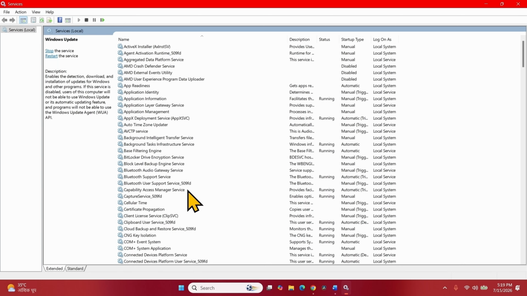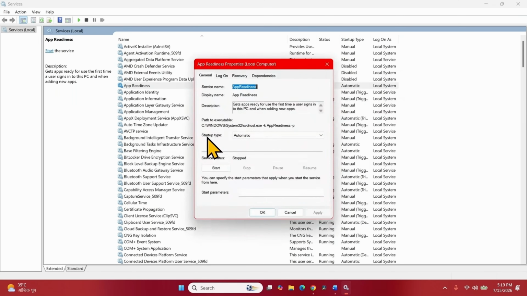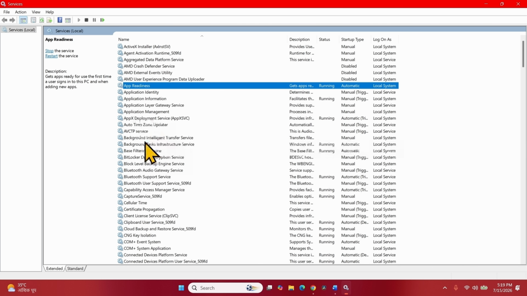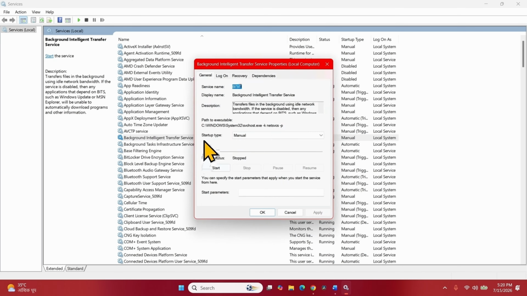In the same manner, go to App Readiness, right click on this service, select Properties, change the startup type to automatic if it is not, and click on Apply. Click on Start if the service is stopped. Click on OK. Do the same with Background Intelligent Transfer Service. Right click on this service, select Properties, change the startup type to automatic. Click on Apply. Click on Start